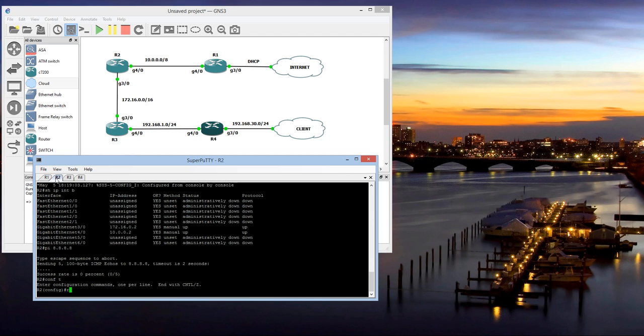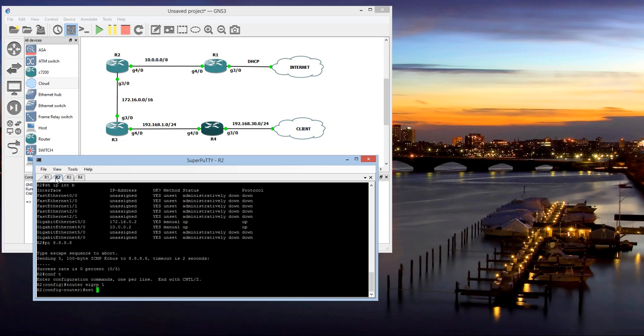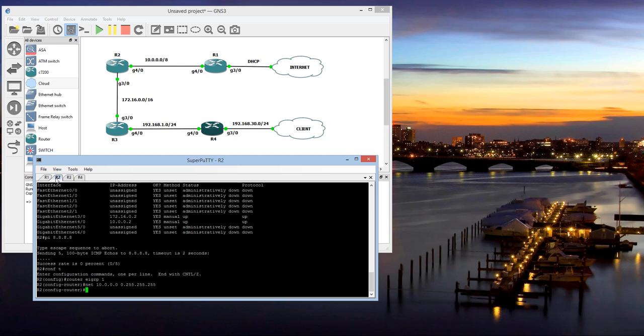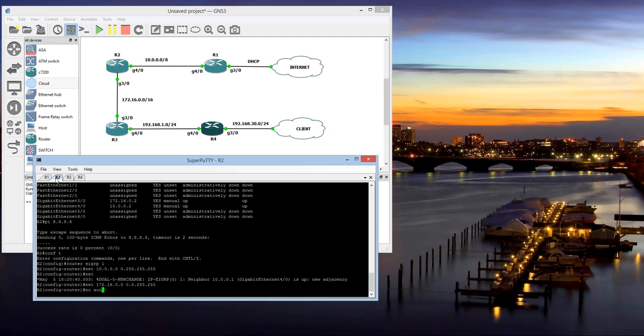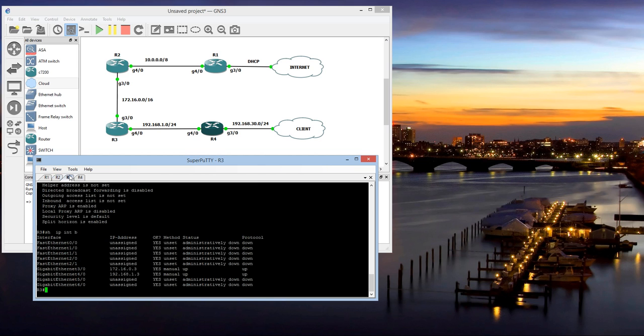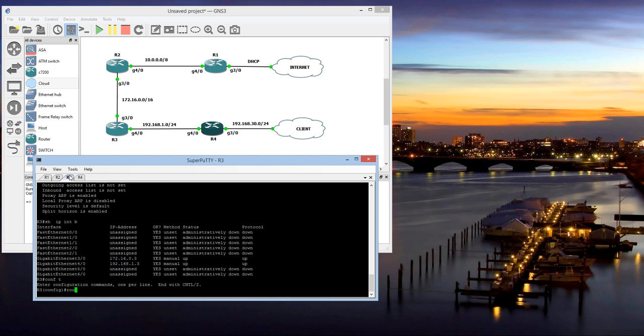Configure terminal, router EIGRP 1, network 10.0.0.0 0.255.255.255, network 172.16.0.0 0.0.255.255, no auto-summary. Same thing, configure terminal, router